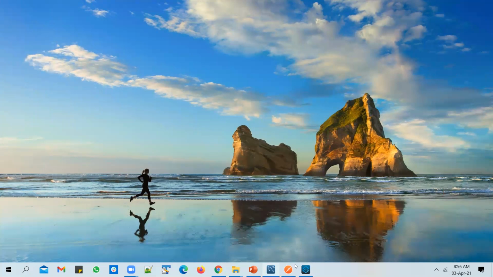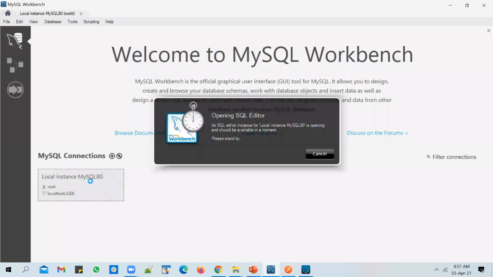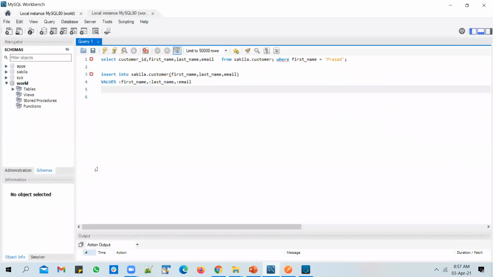You can double click on it and it opens up. You should probably see this up front. There will be a local instance which gets created automatically, and there will be a root username, or you can log into the database as a root user. So you click on it, and I have my password saved.